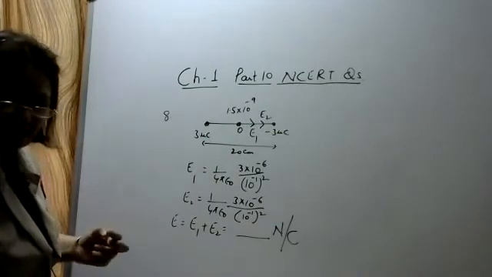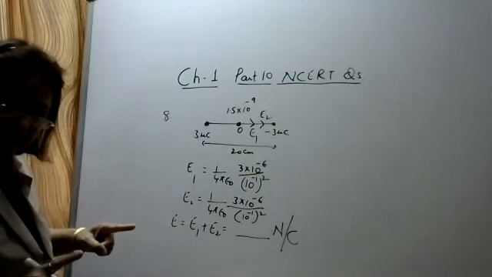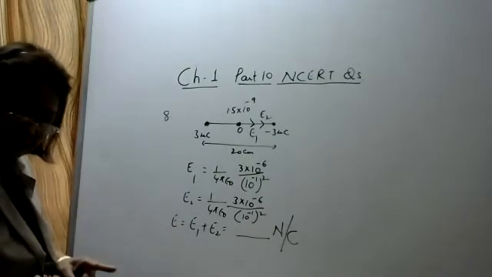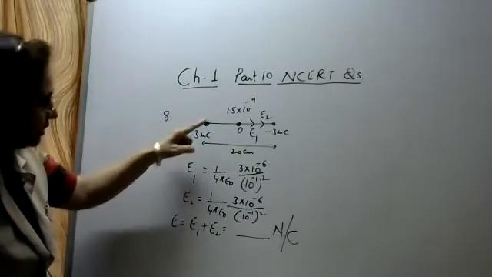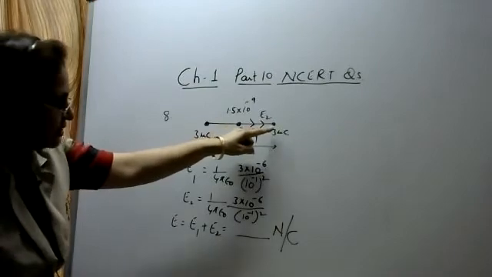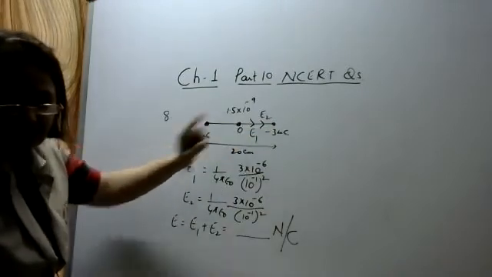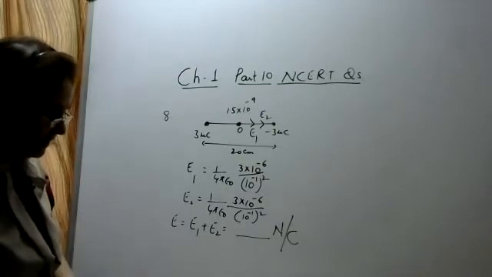So the net force, if they are acting in different directions, you will subtract. If they are acting in the same direction, then you will add it. Okay, so this and this will repel. This will be the direction of force. These two are attracting. This will be the direction of the force. Okay, so here you will find out the net force.